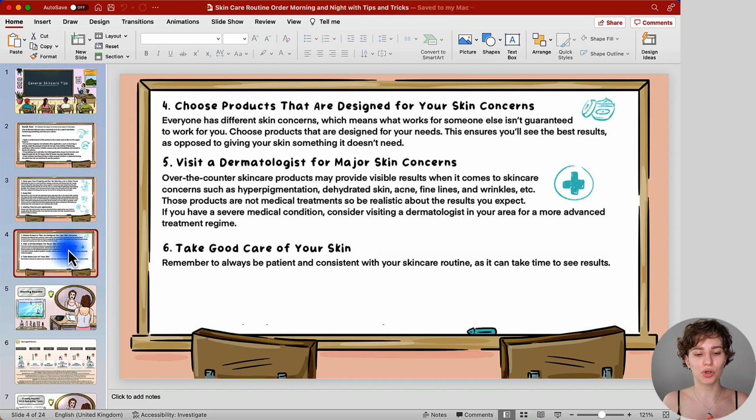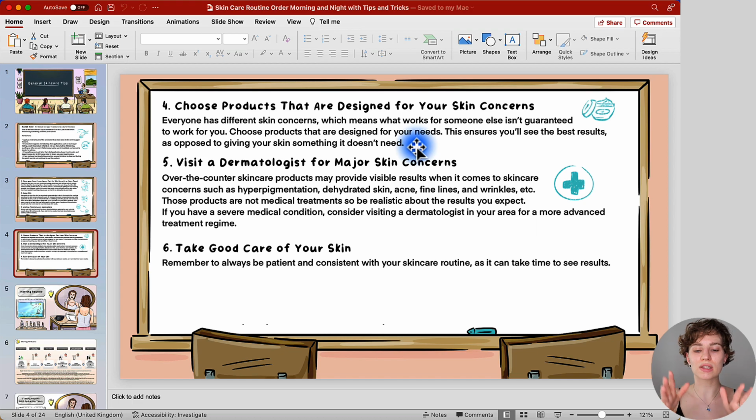Then the next point would be to choose products that are designed for your skin concerns. Just because someone told you that it works well for their specific skin concerns doesn't mean that it's going to work well for you. I just want to give you an example. If I tell you, well, this product really worked well for my acne-prone skin, this may not be the case for you, and your skin may react negatively to it, and then you may want to look for another option.